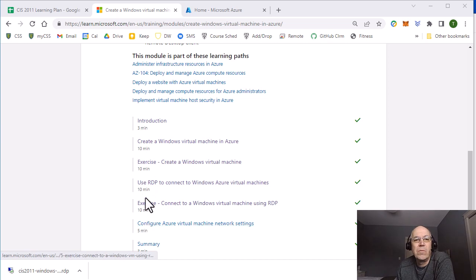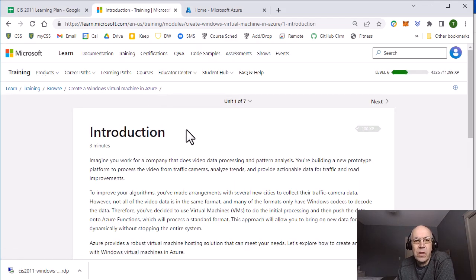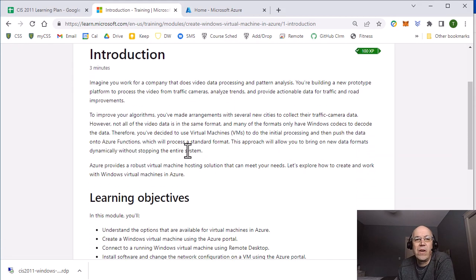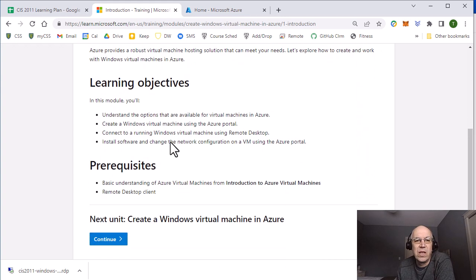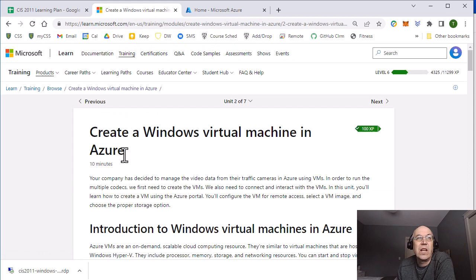One thing to pay attention to when you're going through these is to watch for things labeled exercise. Those are places where you have to do things. So there's two exercises here that we'll have to do. So we'll start with our introduction. I'm going to go through this relatively quick, so not read everything to you, because you can read all this. So you should take your time, read through this, and make sure you can understand some of these